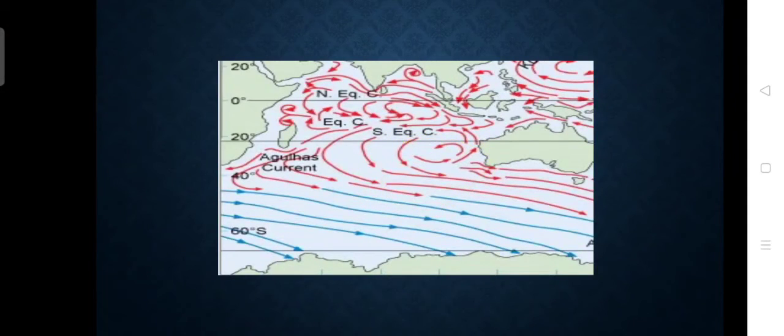Ngayon, para bumaba siya, dito siya dadaan. Dito sa may Agulhas current. Yan na yung tinatawag na Agulhas current. Magiging Agulhas current na siya, papunta dito. Tapos kumbaga dire-diretso na siya. Yun na yung tinatawag nila na